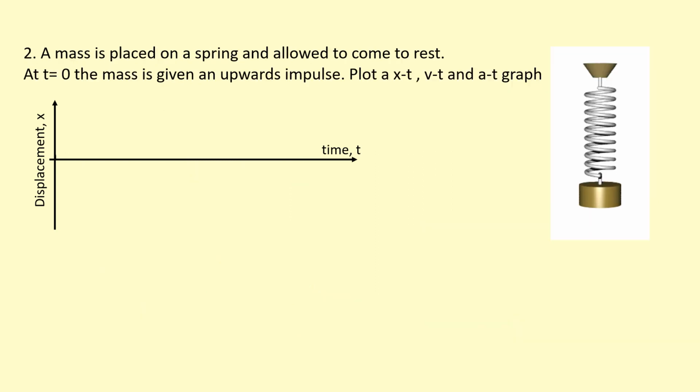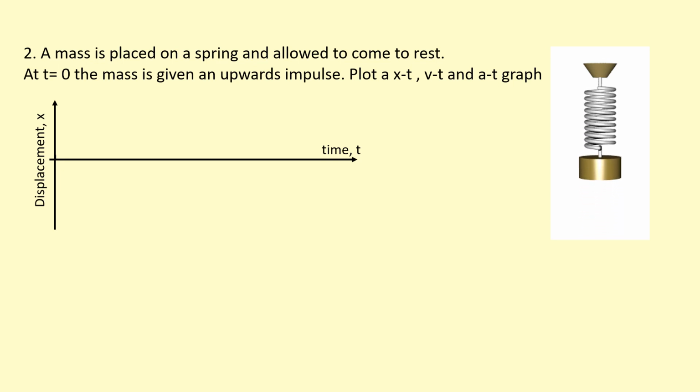Okay, here we have a mass on a spring. The mass is placed on the spring and allowed to come to rest first, and at t equals 0, the mass is given an upward impulse. Plot a displacement graph, velocity time graph, and acceleration time graph. Okay, this is still simple motion. The only difference is it's a mass on a spring, but that doesn't make a difference at all to the